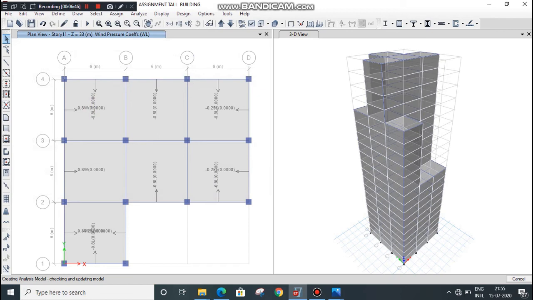It will take some time, depending on the software and the laptop. Here you can see the analysis progress is shown in percentage.